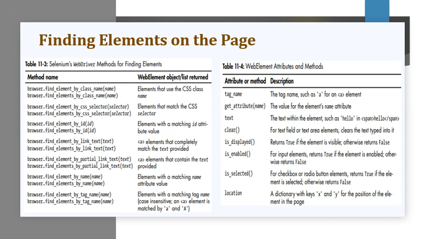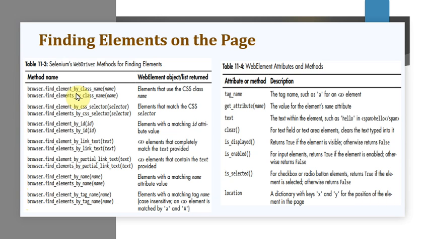Okay, so you can see different methods are there here. Find element by class. So what does it do? Elements that use the CSS class name. Similarly, elements. So when you say elements, it is going to return a list, element a single. Okay, and the main part here is except for tag name. Here you can see the find element as well as elements tag name method. The arguments to all other methods are case sensitive.